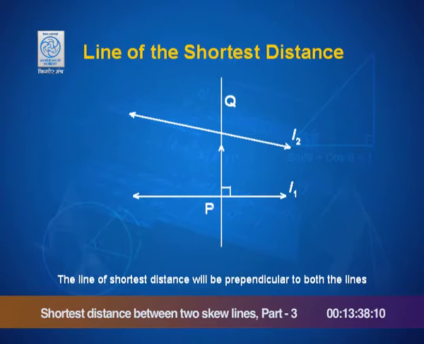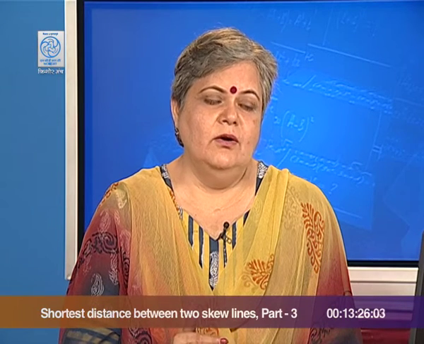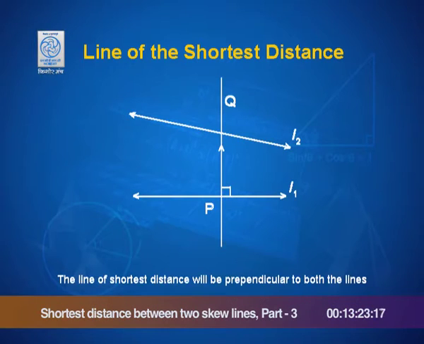If I have two lines which are skew lines, so use your spatial skills to visualize these lines L1 and L2 as neither parallel nor intersecting, and if you can think of a line which is perpendicular to both L1 and L2, then such a line is called the line of shortest distance, and the distance PQ which is intercepted by the lines L1 and L2 on this line of shortest distance is called the shortest distance between the